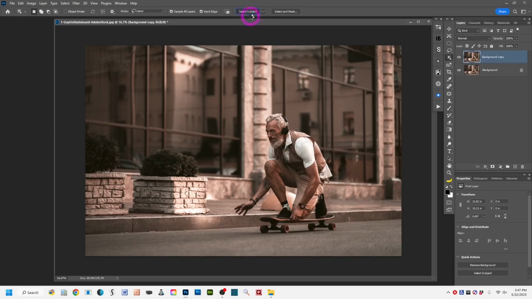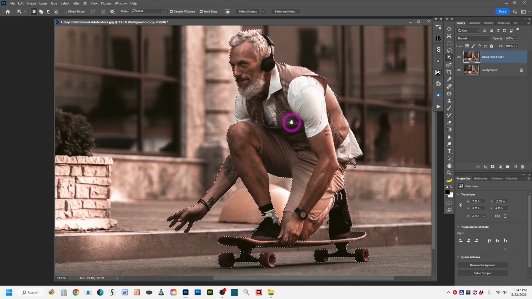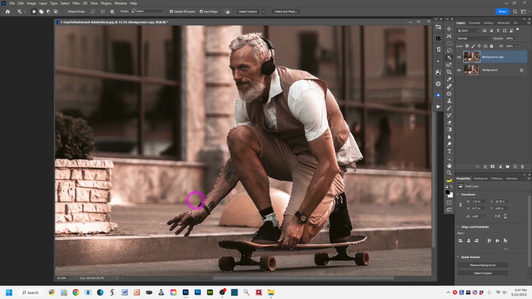But I'm going to left click there, and Photoshop is doing its thing. It has now made a selection of this man. I'm going to make this bigger so we can see what we're working with here. You can see the selection is there because you see the marching ants all around him. Now, it has missed some of the elements of the image, so I'll try to quickly, I'm not going to get too perfectionist about this,